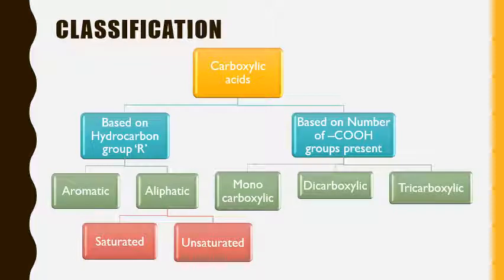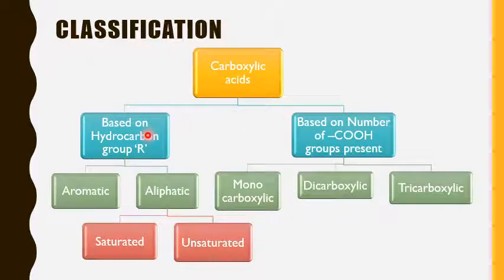So coming to the next point, classification. In order to study this wide range of carboxylic acids, we can have a classification to make it simpler. There are many types of classification, and for the best I tried to give the classification based on two types. So there is a hierarchy. Of course, some say it will be of three types of classification, and you can take any number of classifications. So for simplicity here, I have classified the carboxylic acids into two types.